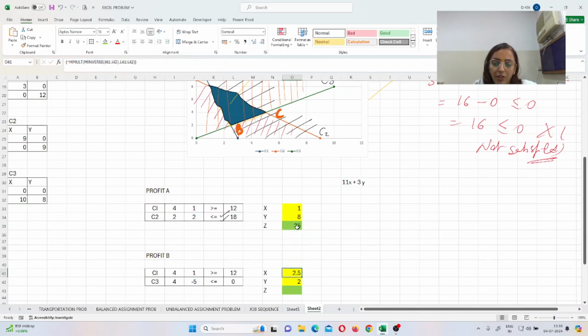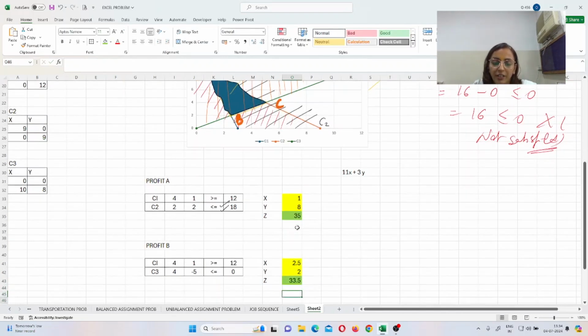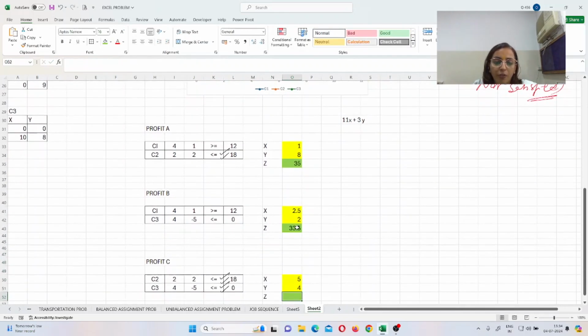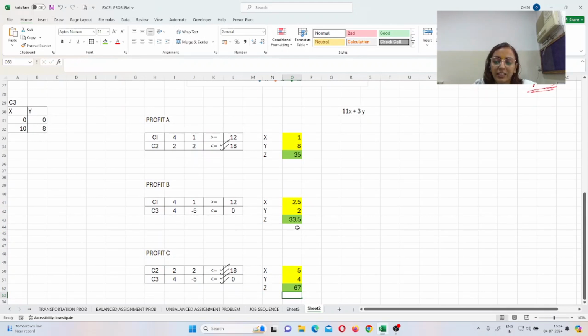Same in this scenario also, you have to get the answer: equals 11 multiplied by 2.5, the value for x, plus 3 multiplied by the value of y, that's 2. So here we get 33.5. And for the profit C, if I have to calculate, equals 11 multiplied by the value of 5 plus 3 multiplied with the y value, that is 4. So that will be 67.